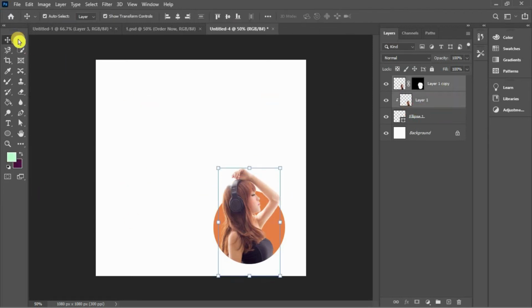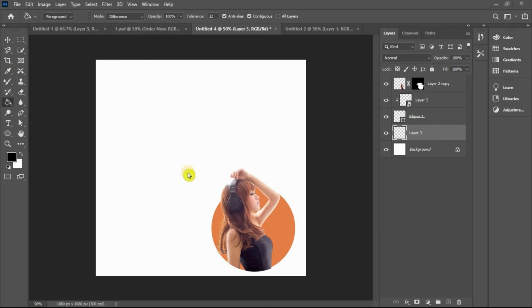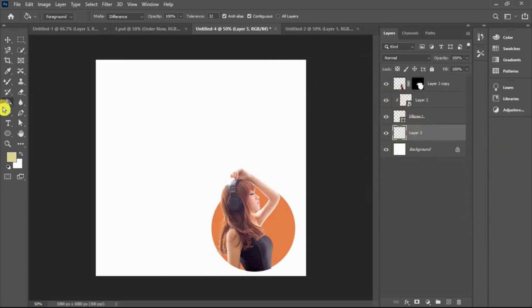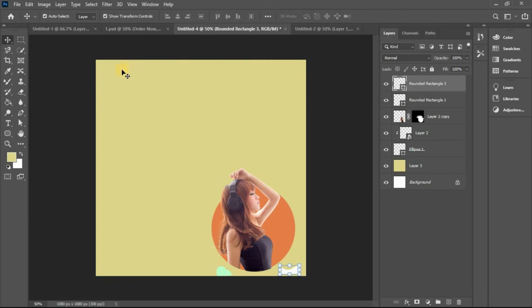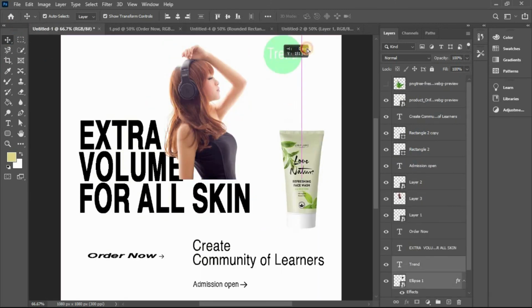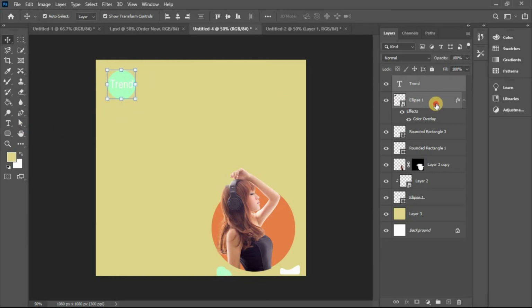Increase the size. Now one thing, fill the background color, take the muted color, okay, and fill it. Now take your logo and place it here. Change the color.